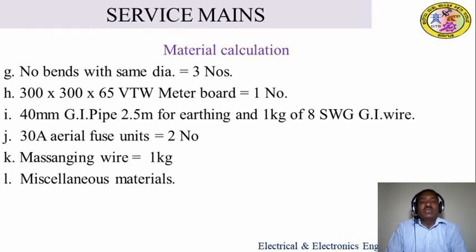So the messenger wire, 1 kg should be required for holding the service wires. Okay, that should be 10 SWG. And again we have to use miscellaneous materials. Miscellaneous materials are others that are not calculated, and we just use a lump sum. For example, screws, gittizu, rawl plugs, compound. All these materials come under what is called miscellaneous. So we have to consider these materials as a lump sum at the time of calculating the cost estimation.